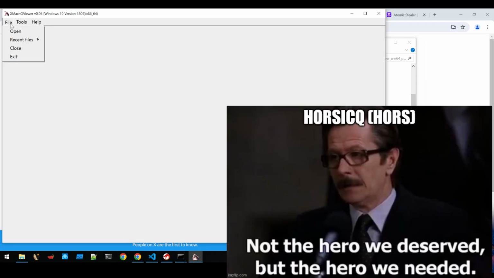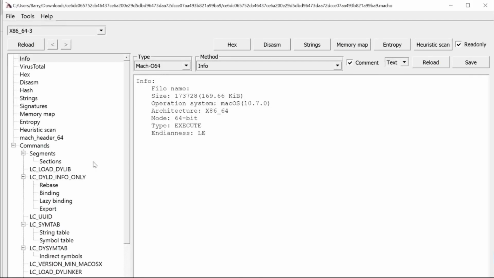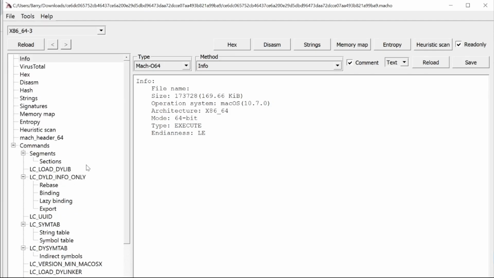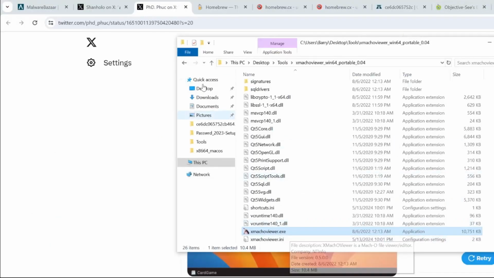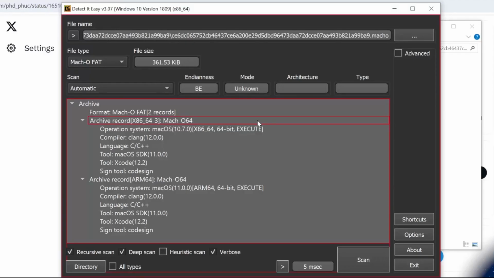This was created by the same person who created Detect It Easy, and we can actually open up the file and get a little bit of a lowdown on the structure of it, the segments in it, and a lot of the strings associated with it, as well as the symbols that come up in the binary. This tool is a little bit obscure and a little bit older, and actually there is something that's probably a little less known. If we find the file that's of interest, using Detect It Easy, it has a lot of